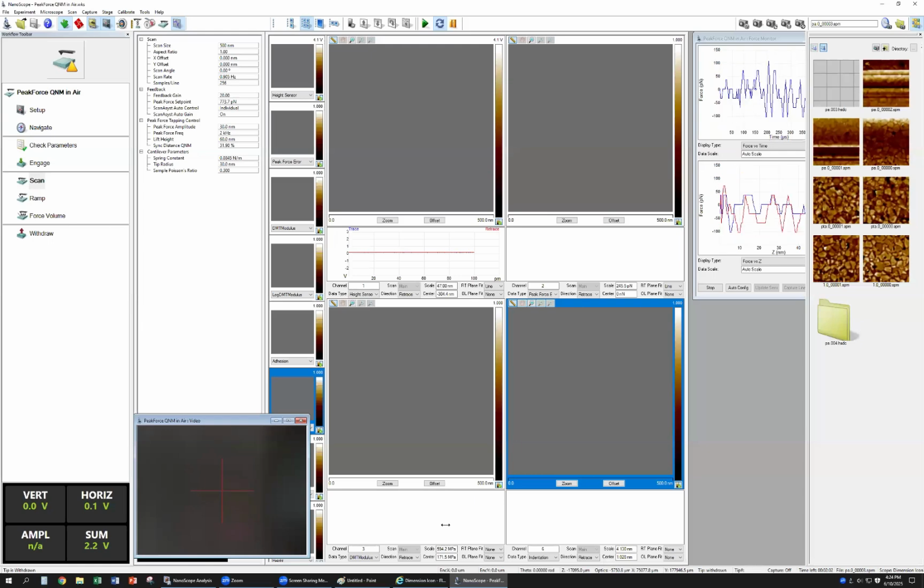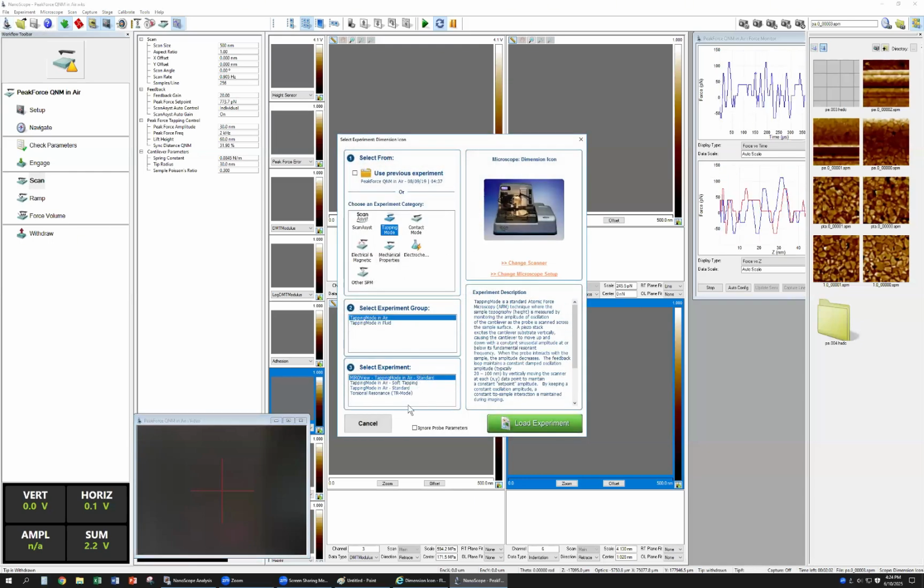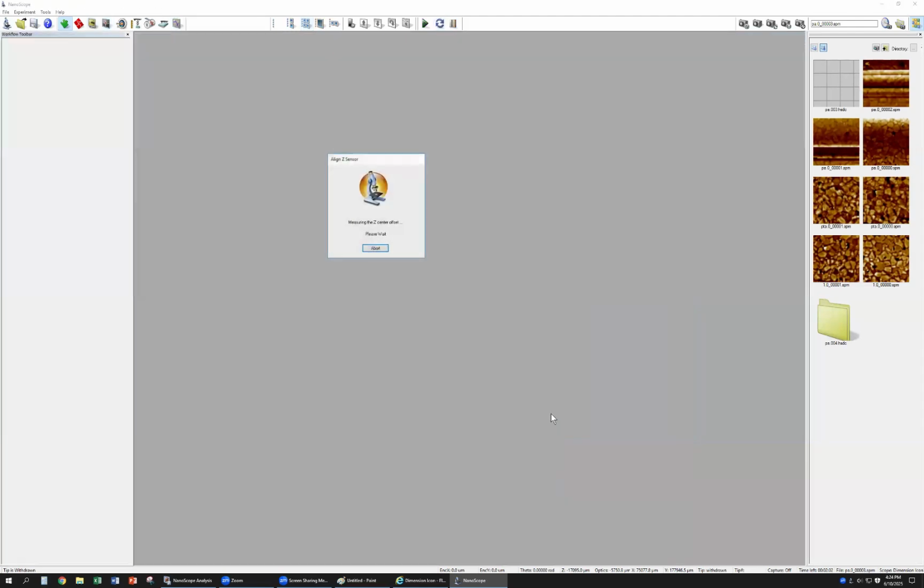Okay. SET method. So if you want to use the SET method, there are two parameters you must know first. One is the frequency, one is the Q value. Those two parameters you can get from the thermal tune, and also you can get them from the tapping mode tuning curve. Then if you go to the tapping mode,